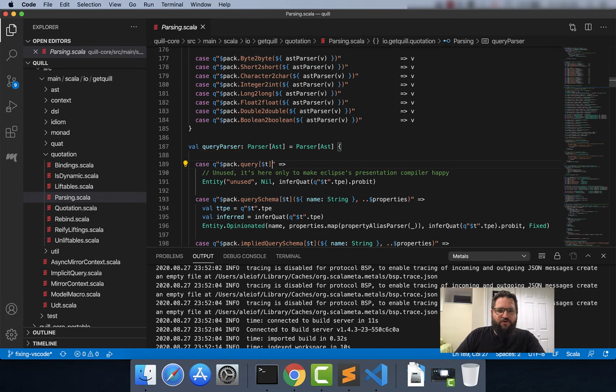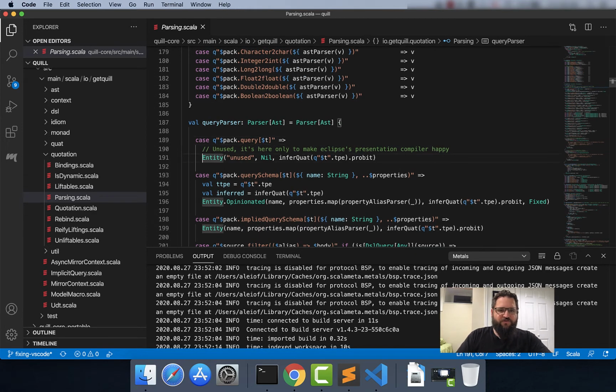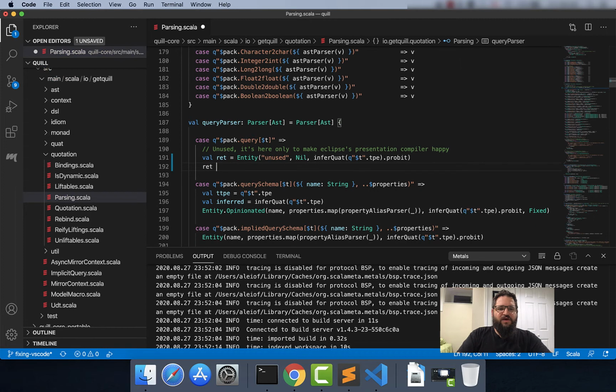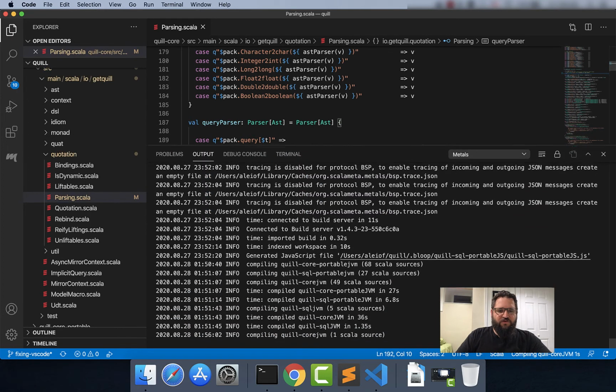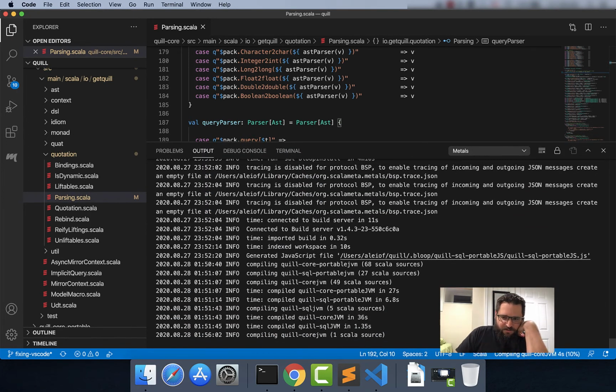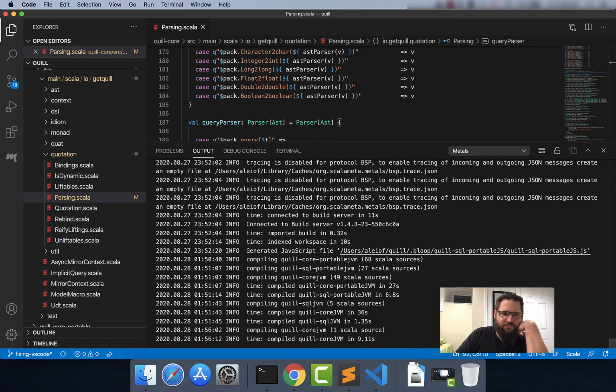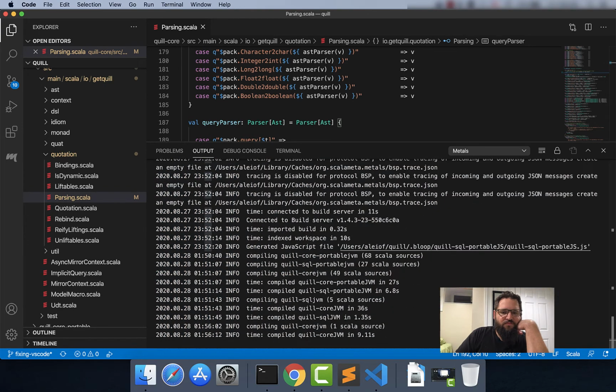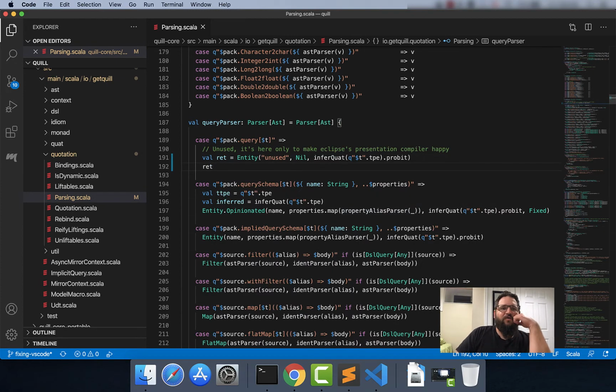So there's the query parser, the actual query parser. Let's say, just do that, and then just return that. So let's see. And there it is, recompiling. And there's our recompiled output. So anyway, that's at least the beginnings of how you would use this thing. And let's go on to something else at this point. Let's go on to